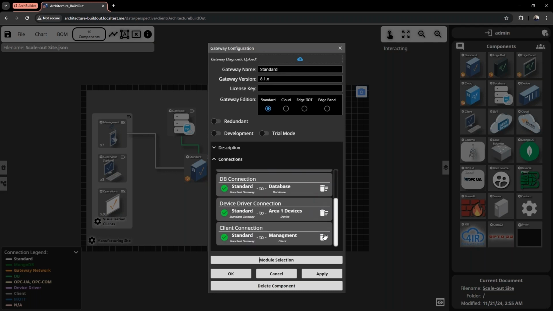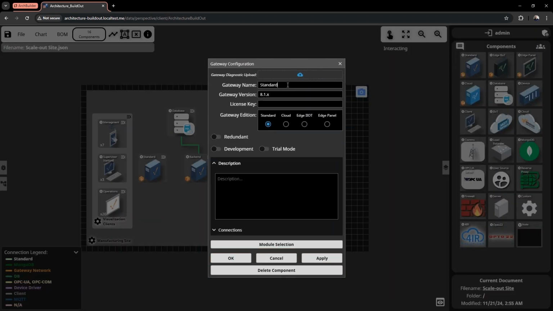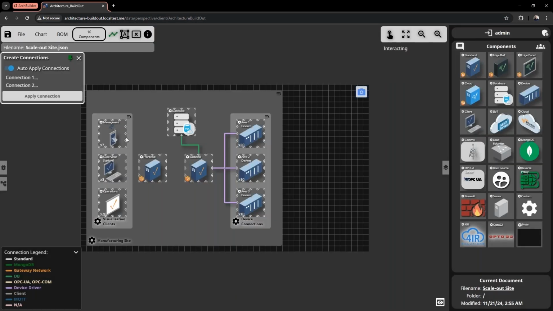As Tom mentioned, we're now adding a front-end gateway. We have a scale-out architecture guide available for free in our online user manual, which outlines the steps for doing this. I'll explain some of those steps here. We'll start by adding the front-end gateway to the architecture and renaming it front-end. And next, we'll connect all the clients to this new front-end gateway to make sure that they can see the data that they need. We'll also need to establish an outbound gateway network connection from the back end to the